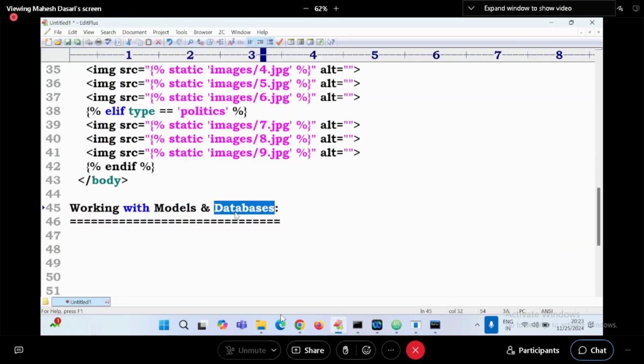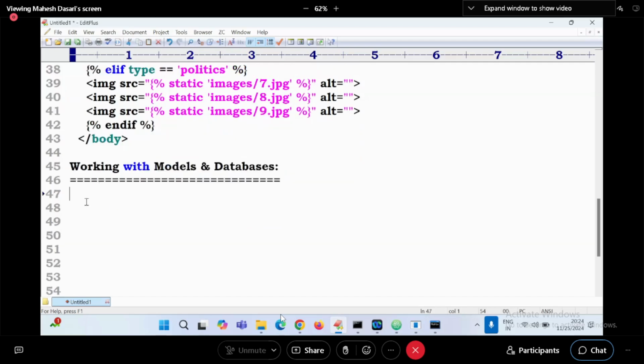In database terminology it is SQL. In Python, a model is nothing but one Python class. So, working with models and databases. As part of web application development, we require to interact